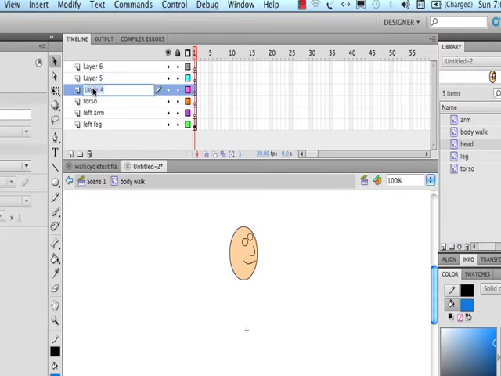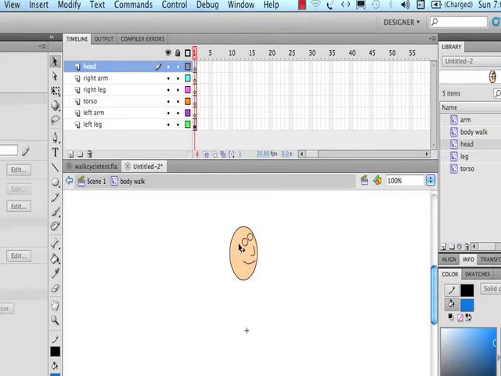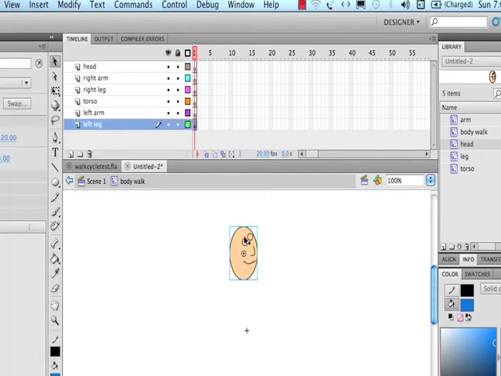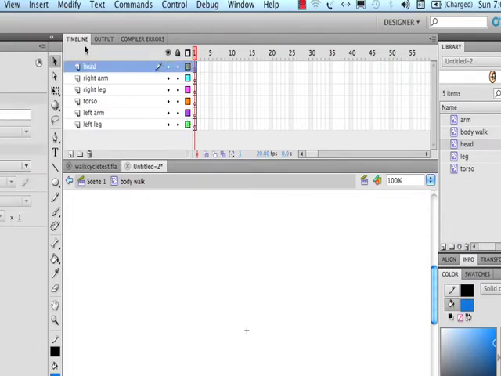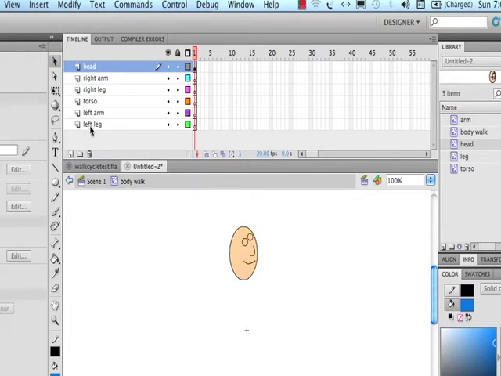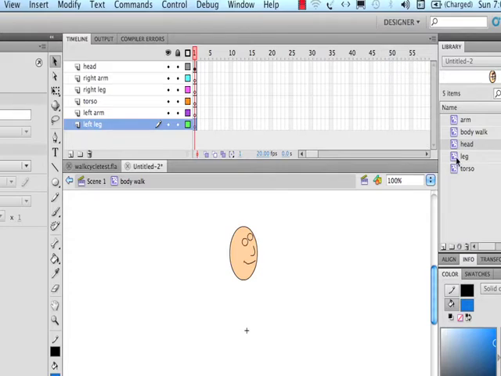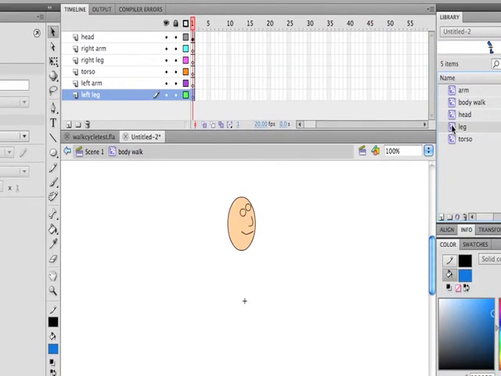Layer 4, right leg. And layer 5, right arm. And layer 6, we've got to label that as the head. So, okay, we'll just place that head there by unselecting and pasting onto the head layer. Edit and paste in place. There we go. So we grab the first left leg, we'll come over to the library here and we'll grab